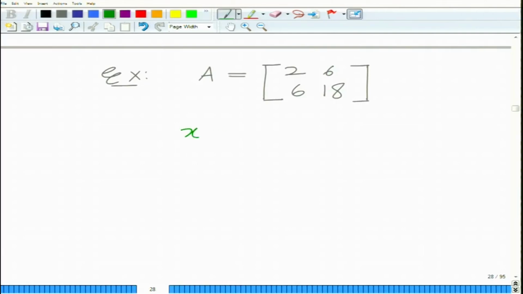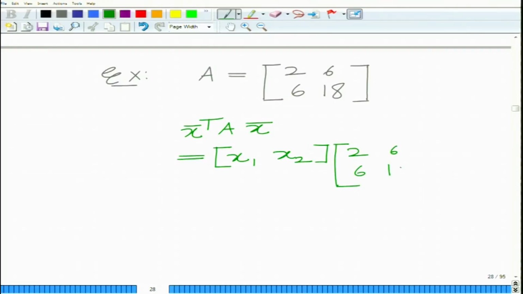Now let us look at x bar transpose A x bar. This is a 2 cross 2 matrix, so the vector x bar will be 2 dimensional, x1, x2, times 2, 6, 6, 18, times x1, x2,